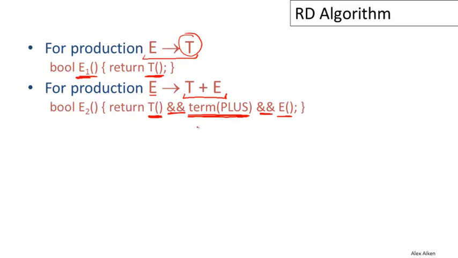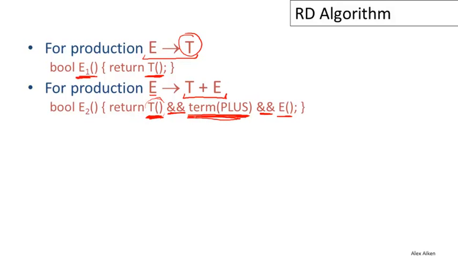We're exploiting the semantics of double AND in C and C++, which evaluates the arguments to the double AND in left to right order. So first, T will execute, and notice that T has embedded within it side effects on the pointer into the input. So it's incrementing the next pointer, and it increments it exactly however far T makes it. So whatever T manages to match, the next pointer will advance that far, and when this function returns, it's left pointing to the next terminal that T did not match, and that needs to be a plus,